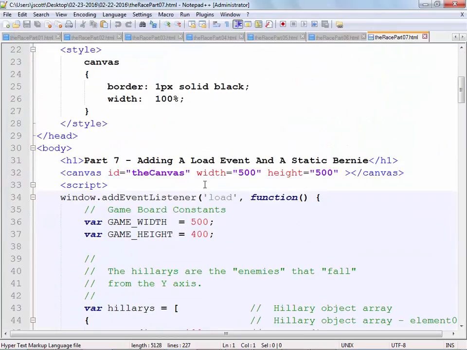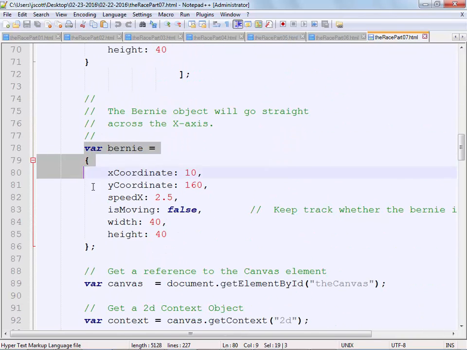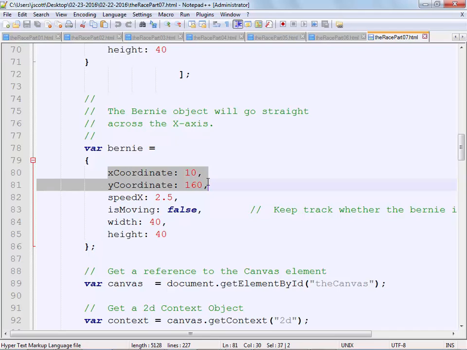Now we add another object in here. That's a Bernie object. Notice this Bernie object that we're adding is not an array because there's only one of them. There were 4 Hillarys, but there's only one Bernie. This is his start position, 10,160. This is his speed, 2.5. This is isMoving.